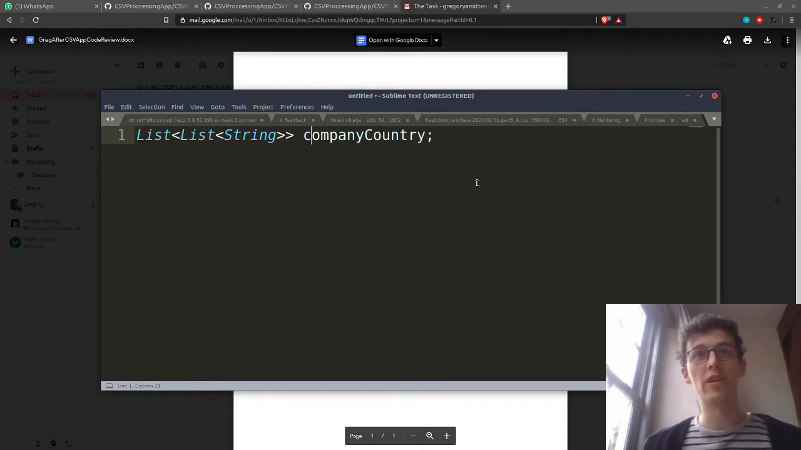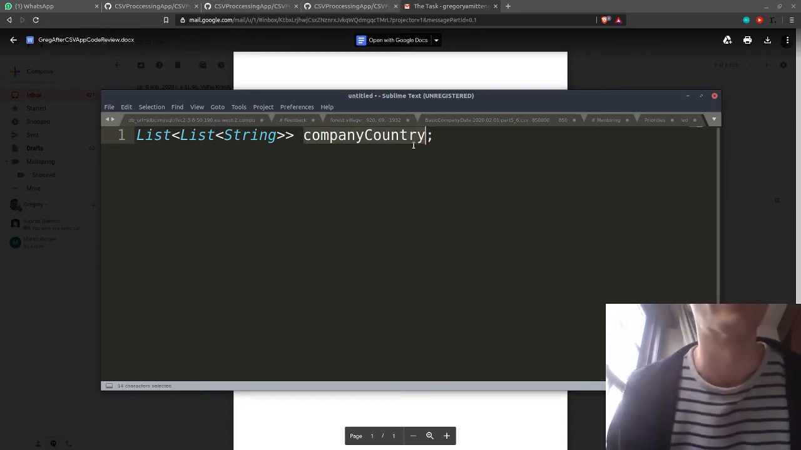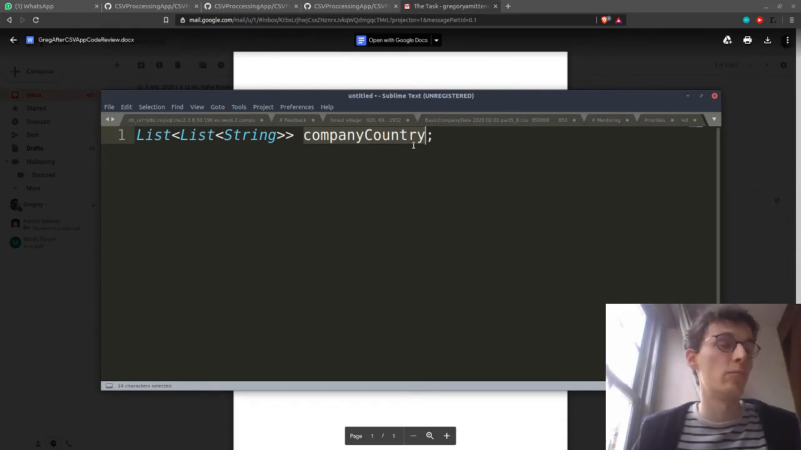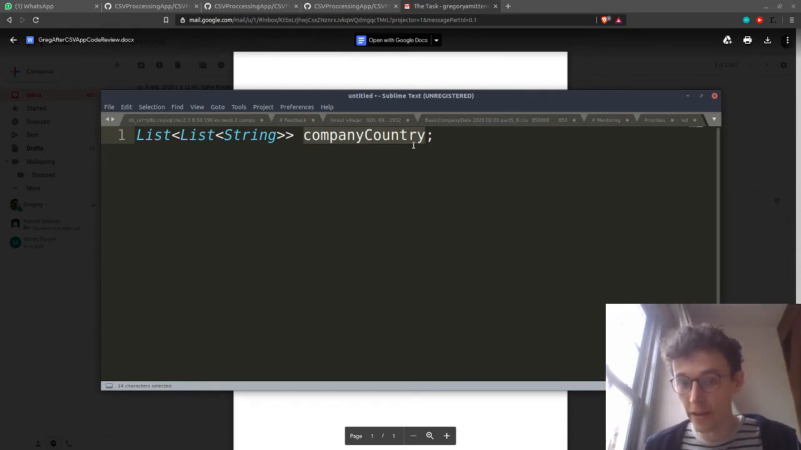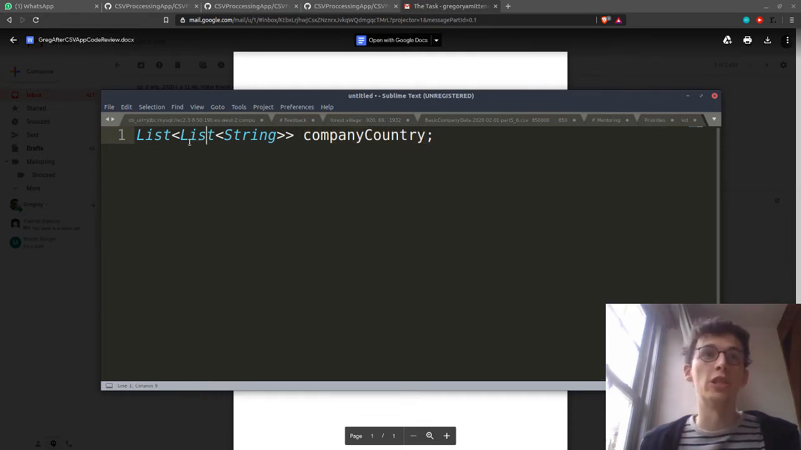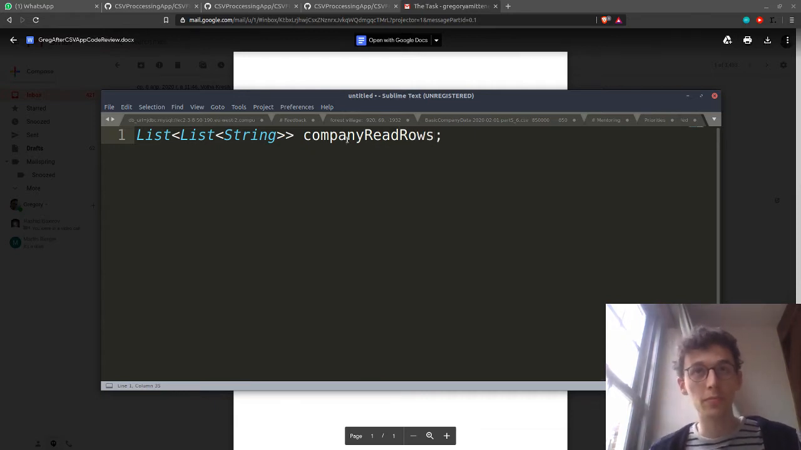And then if we get rid of that, it's not really a company country. I agree the group by name wasn't 100% accurate, because at the time we create it, it's not a group by. It's just the company countries. But it's not really company countries, because this is just like company raw rows, something like this, right? And then when we sort them,